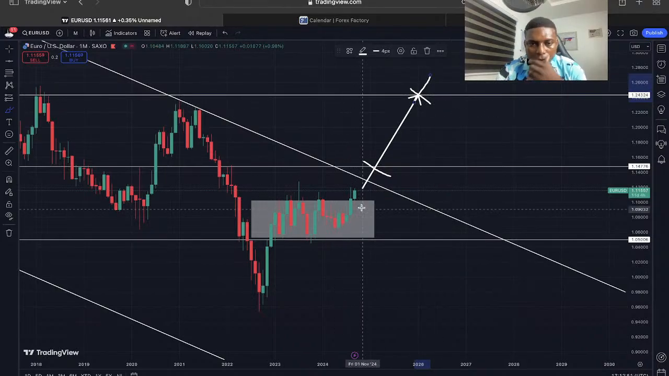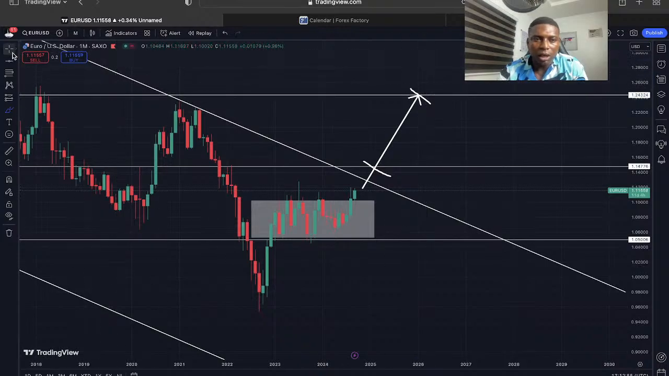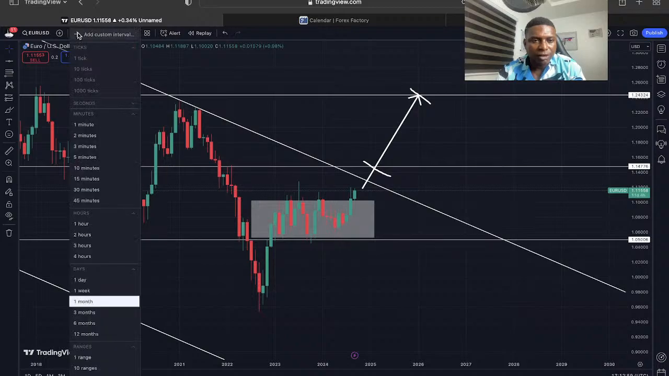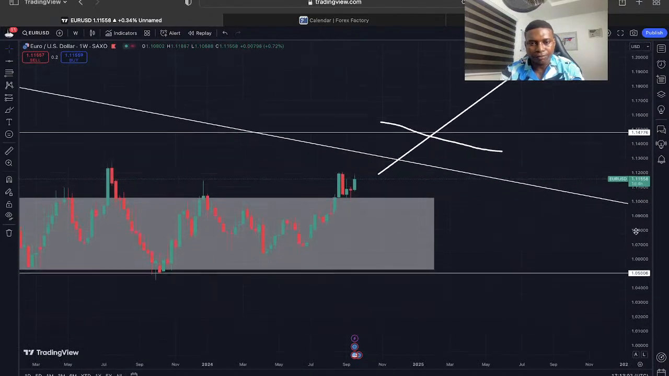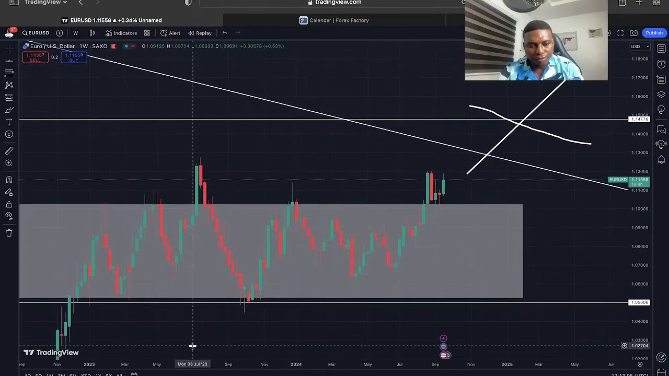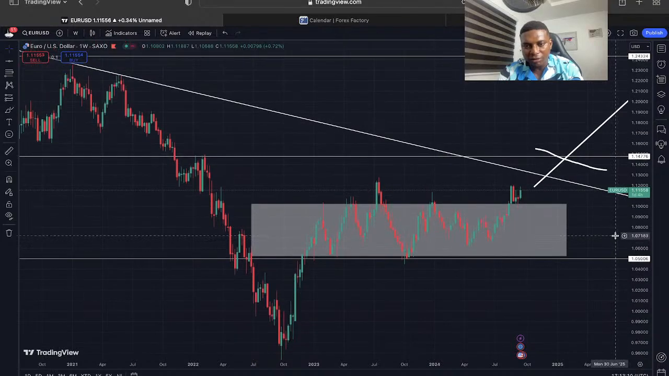Now let's go to the lower time frame, the next lower time frame, which is the weekly time frame. Okay, good. Now when we look closely at the weekly time frame,